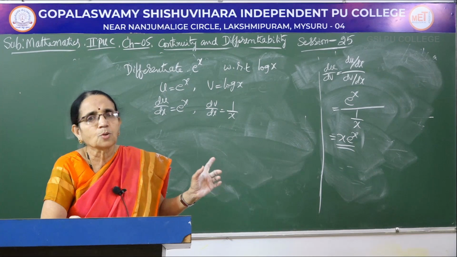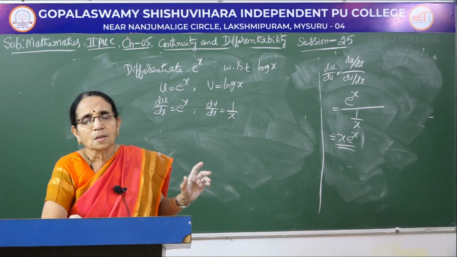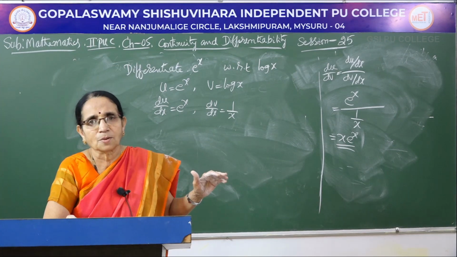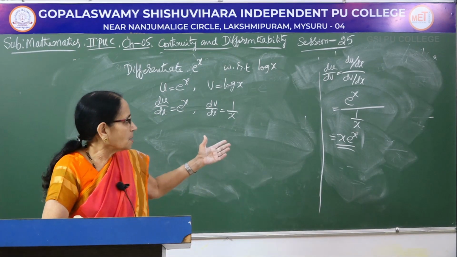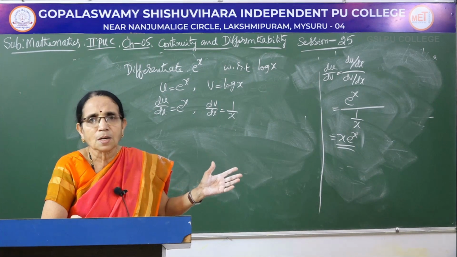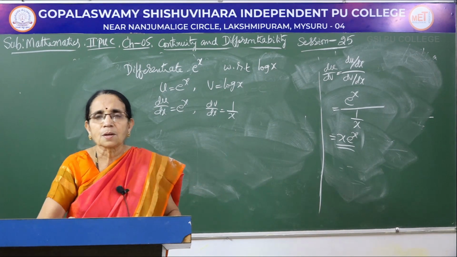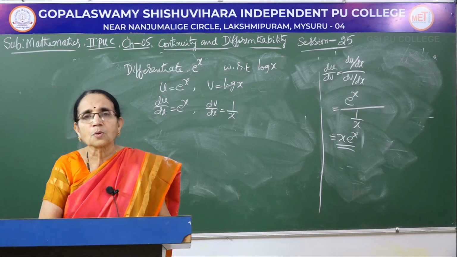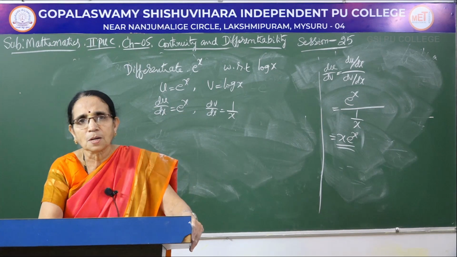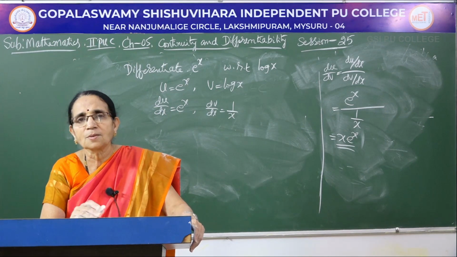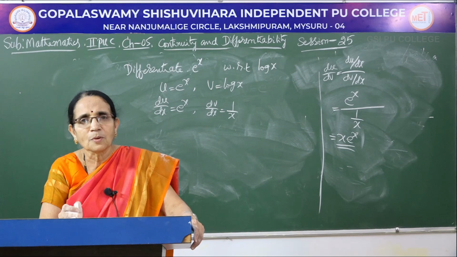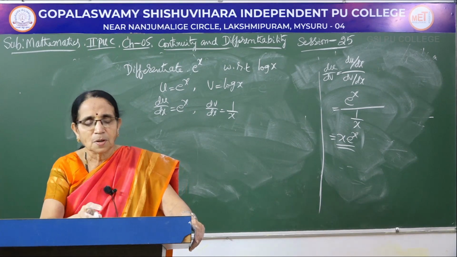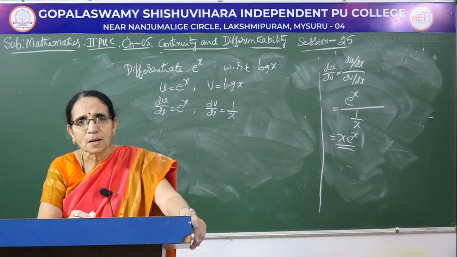So, differentiate both u and v with respect to x, then divide du by dx by dv by dx. So, after simplification, whatever answer you get, that would be the derivative of first function with respect to the second function. So, this is the procedure we adopt to get the derivative of a parametric function, though it is not given in the standard form, if it is given in the form of a statement or a sentence. So, this completes the derivative of the parametric function.